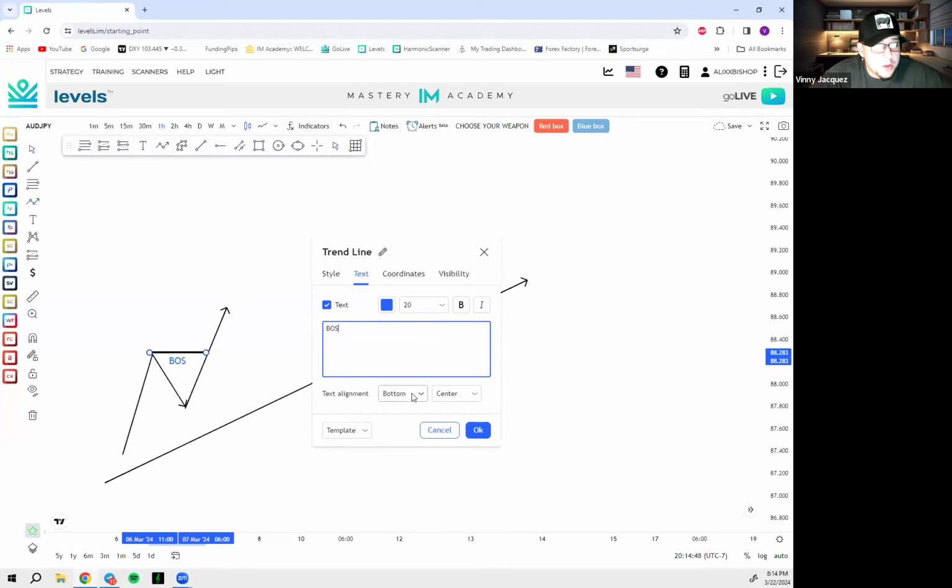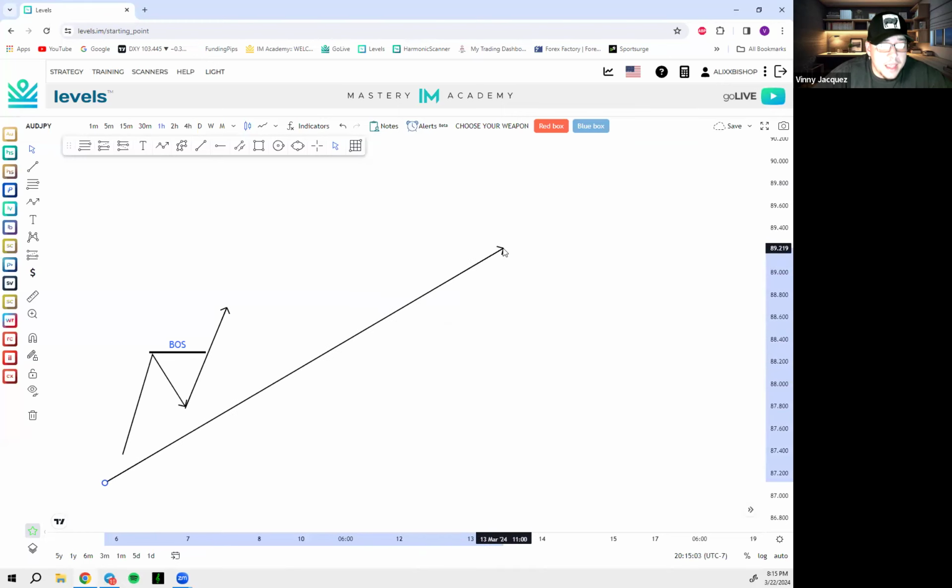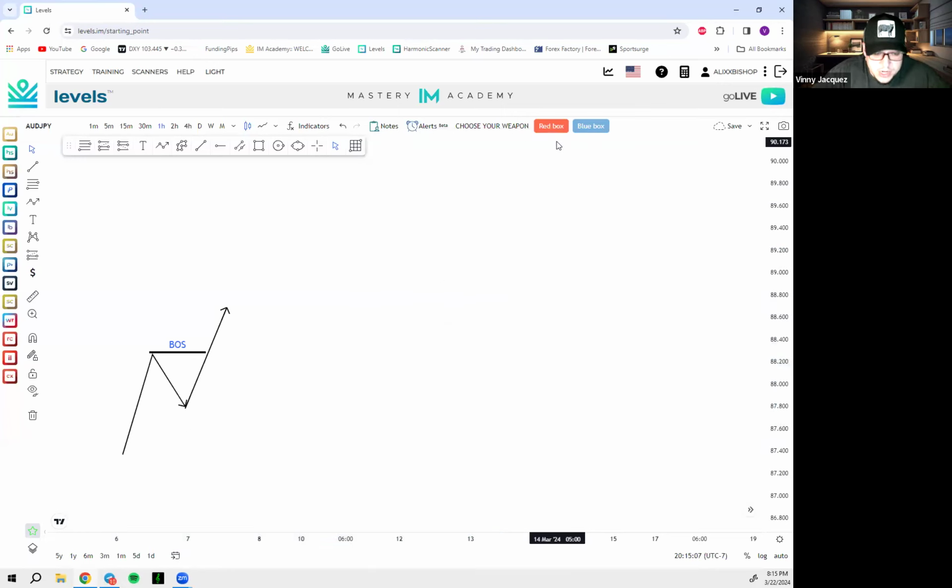And I'm color coding these with blue and red for bullish structure and bearish structure, right? We get that BOS. So if we continue to get BOSs, we are continuing this uptrend. Does that make sense, guys? Anytime you see a BOS in trend, think trend continuation. Market is continuing to fall or continuing to rise. Does that make sense? Give me a 1 if that makes sense. Give me a question mark if you're lost.